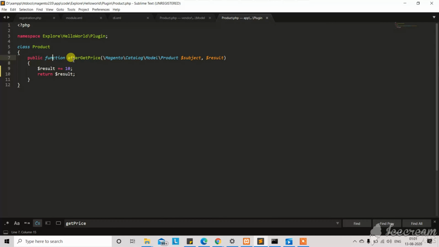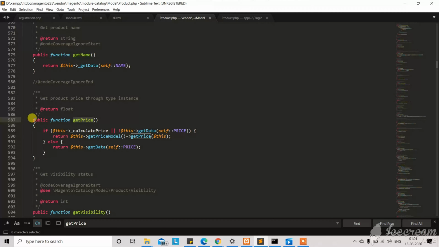The function getPrice, this getPrice method, is in the core Magento function. Yes, this is vendor Magento module catalog model, inside the model Product.php.